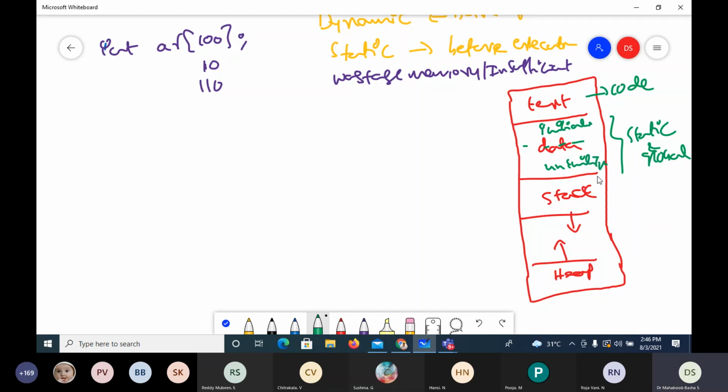One is the initialized data area, another one is the uninitialized data area. The static and global variables which are uninitialized are kept in one place, and in bulk they are initialized to 0. That is the reason why they are separated. It is easy to fill a huge memory area with zeros rather than taking one item at a time and assigning it 0. So that is the reason why uninitialized static and global variables are separated, and they are initialized